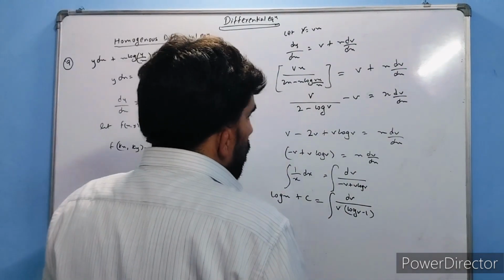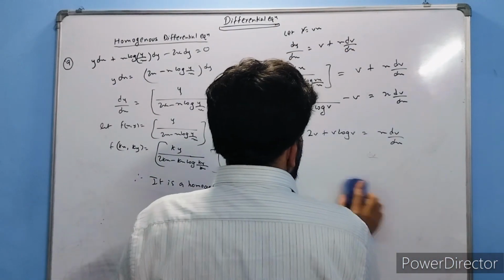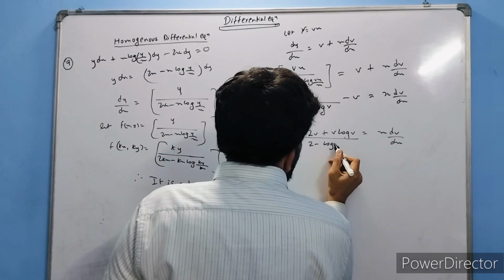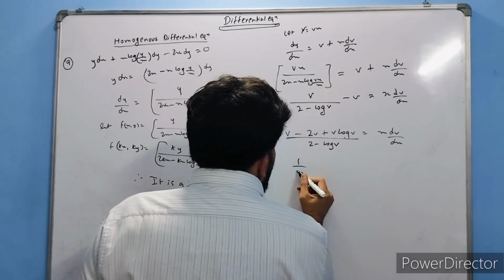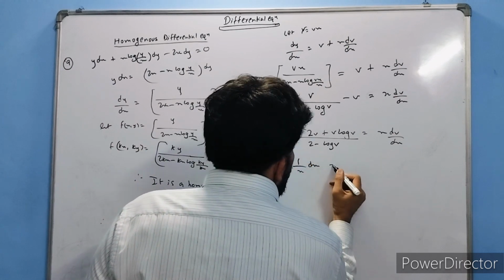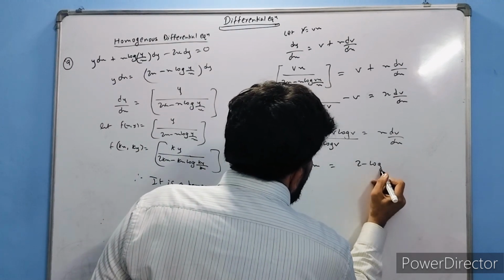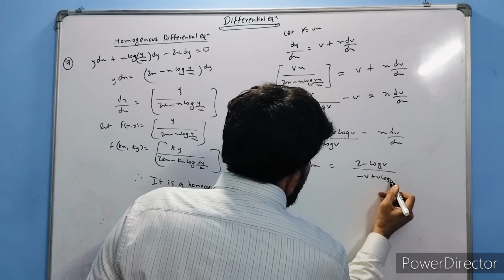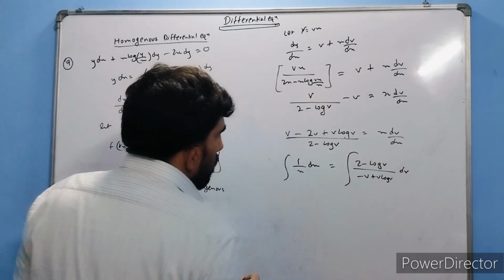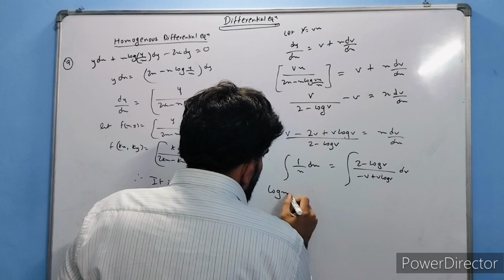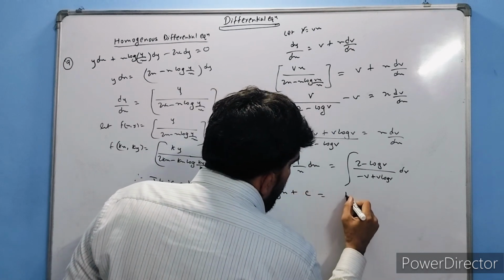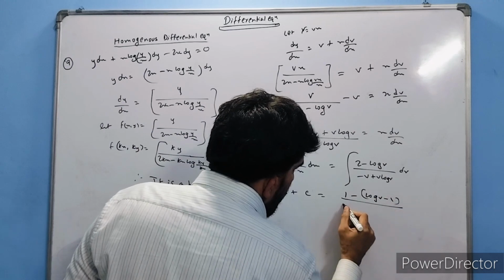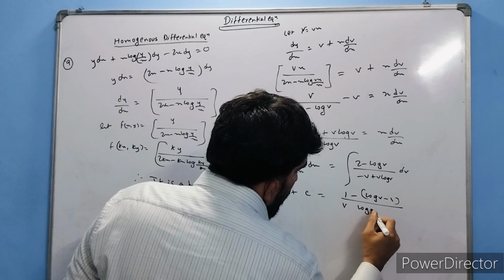Now let us try to solve here what we were doing in that case. We have 2 minus log v. So now I can write 1 upon x dx is equal to (2 minus log v) upon (minus v plus v log v). So now I need to integrate this. So I got log x plus c is equal to 1 minus log v minus 1 upon, if I take v common, log v minus 1